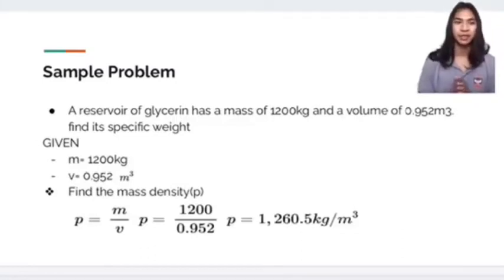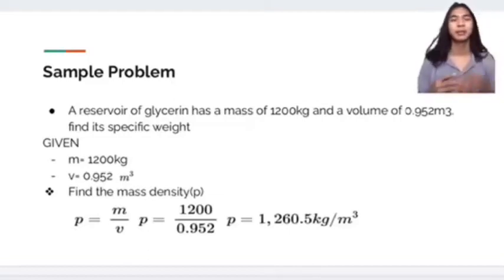Since hindi po given yung density, siya po yung una nating hahanapin, which is rho equals mass over volume. Since yun naman din po yung given sa problem, mag-substitute na lang po tayo. Rho is equals to mass 1,200 and volume 0.952, and now the density is 1,260.5